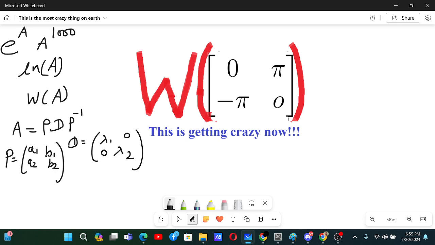So P is formed by two eigenvectors of A, and D is formed by the two eigenvalues in the main diagonal. And after you have P and D with you,